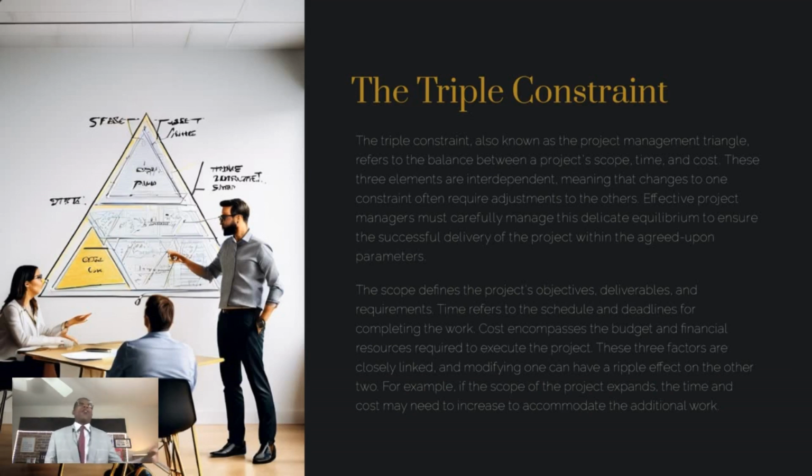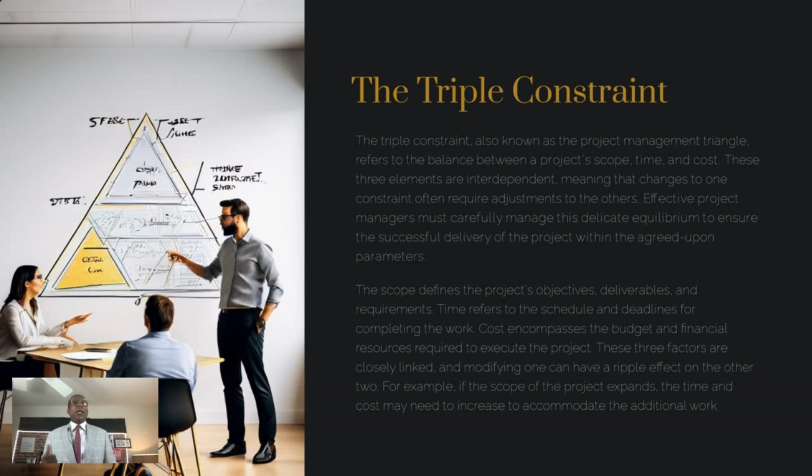I was talking about earlier the iron triangle, but triple constraint is more or less around those four pieces: scope, cost, time, and quality. And these are the most important parts of a project besides everything else. But when one is impacted, let's say, using an example, cost had gone up.